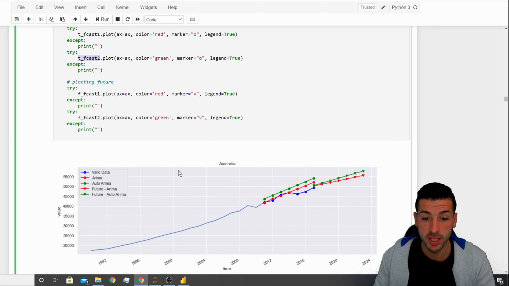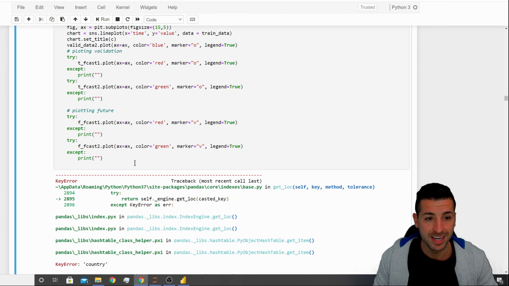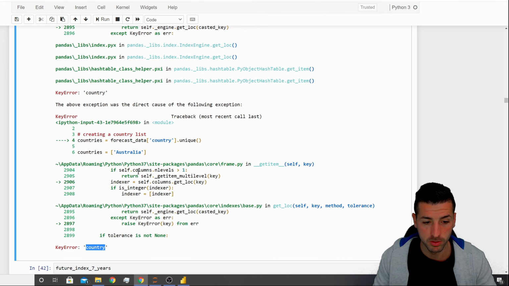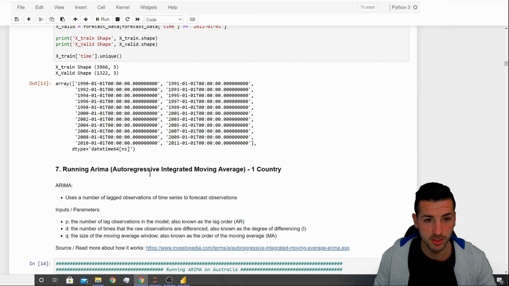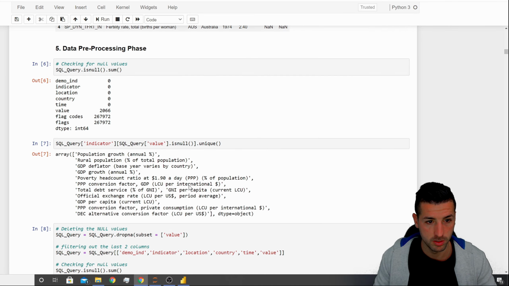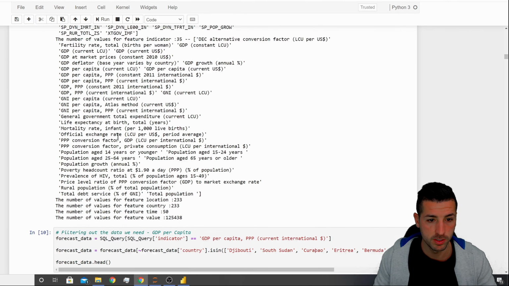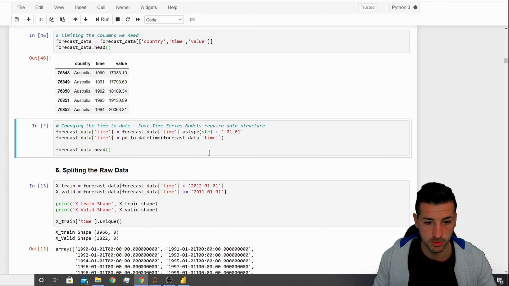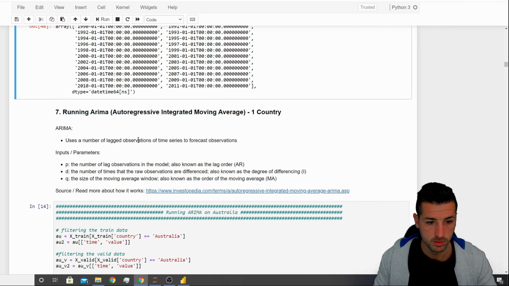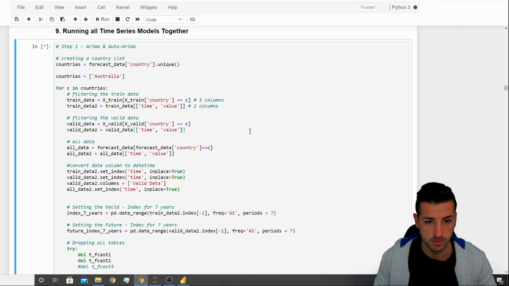And as you can see, the output, if I run it again, it throws me an error country, and this is because I have run the whole code and rename country with a capital. So I'm going to have to go back at the beginning. Where is it? SQL query, this one, then we need to run this one, then this one, this one. And then we should be good to go. If I come down again, run the code,